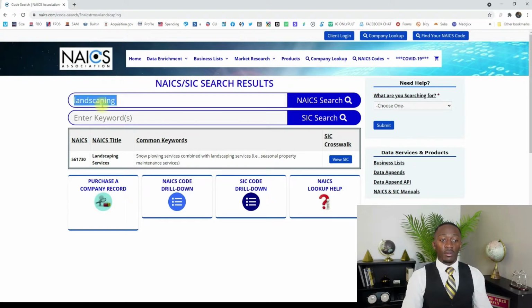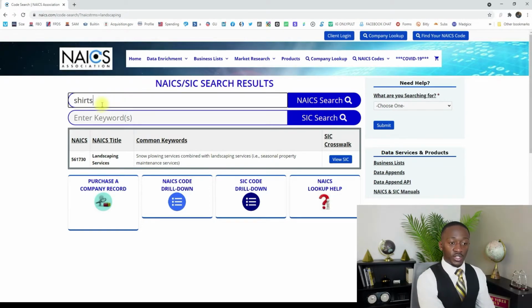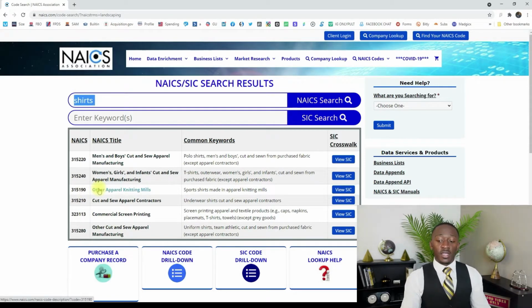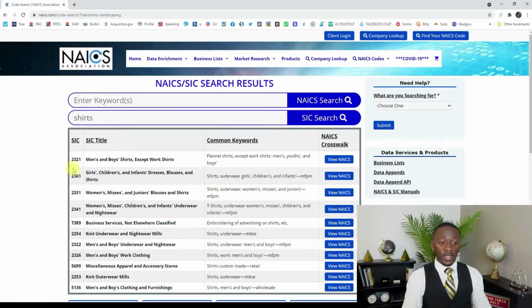Now, let's say it's something more like, let's type in shirts. Type in shirts, it will give you different NAICS codes, like screen printing, like different things, right? So if you're trying to identify your NAICS code, come to this database and essentially search what you want to provide. If you search it in there for the SIC search instead, it gives you a little bit